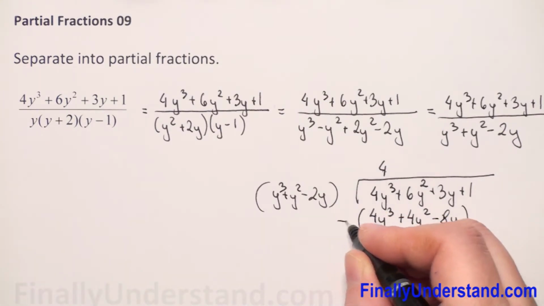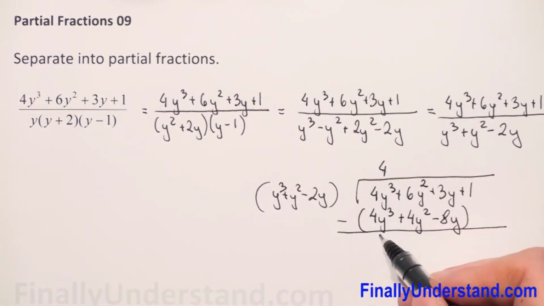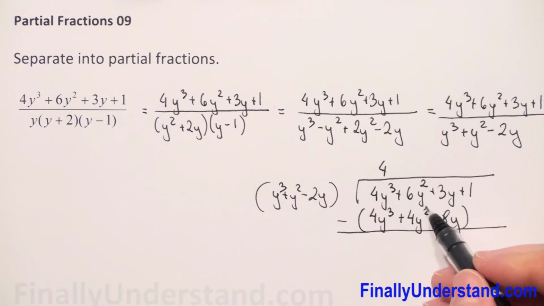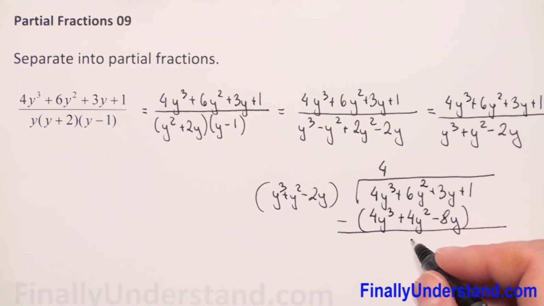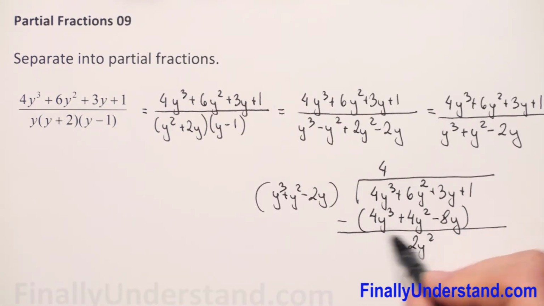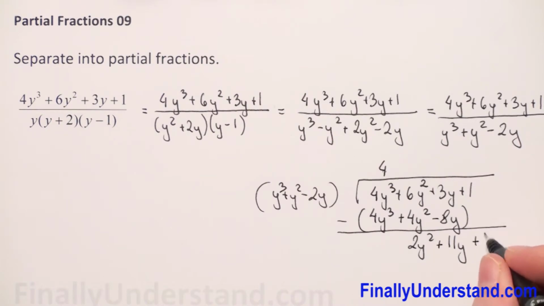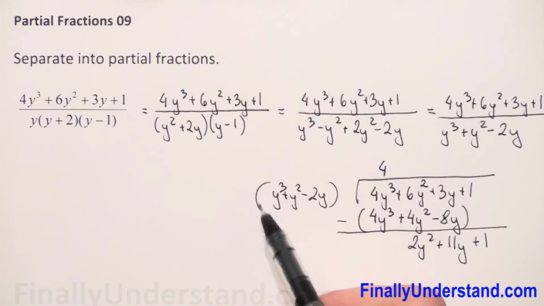We take everything in the parentheses, and we have to do subtraction. 4y cubed minus 4y cubed is 0, we don't have to write it. 6y squared minus 4y squared is 2y squared. 3y minus, and we have a minus, so it will be positive. Negative and negative give me positive. 3y plus 8y is 11y, and we have to copy 1. Now when the power of our remainder is less than the power of our divisor, we cannot do division anymore,